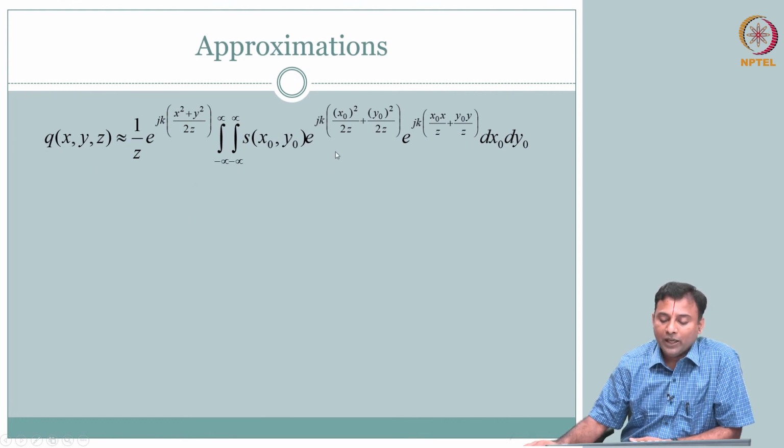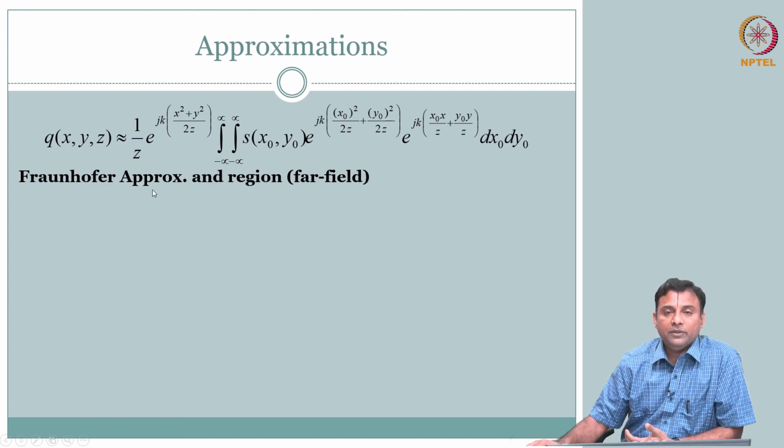Okay, so why do we conveniently write this? Again, we are always going to look at how we reduce this double integral, or at least what is the meaning of this double integral of some function operated on another function. You see this k, so there is some wave number which can also be related to frequencies. So for the Fraunhofer approximation, in the far field what we are going to do is recognize that if you are in the far field, what do we mean by far field?